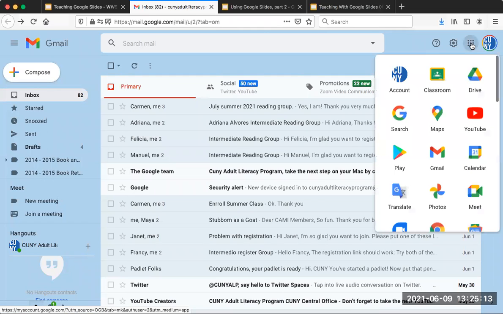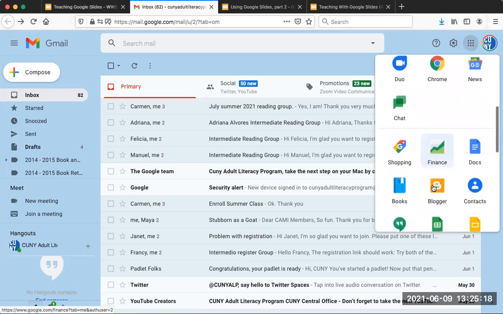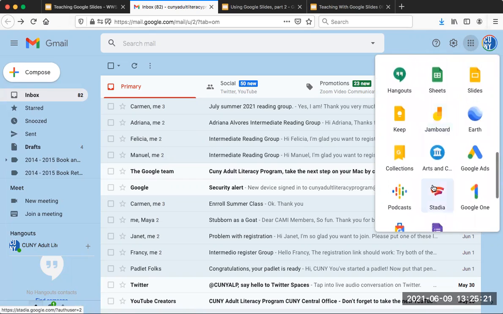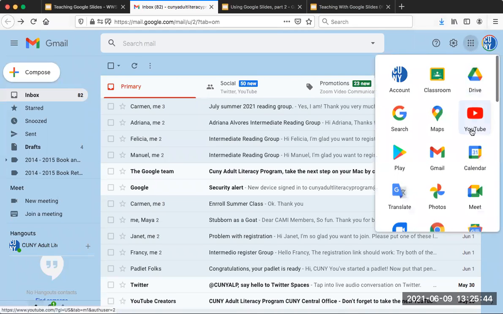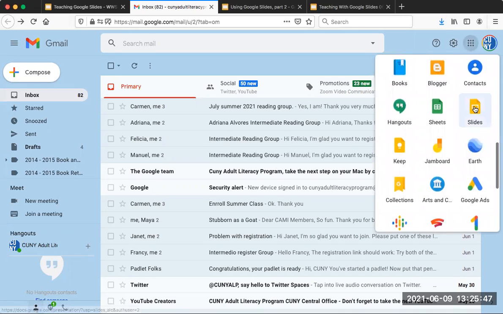So click, and you'll see all sorts of icons. Scroll. Yours might be a little different until you see slides, the icon here for slides. I'll highlight that. So we're opening again. I'm opening the grid, and I'm scrolling down to slides. I'm going to click on slides, which will take me